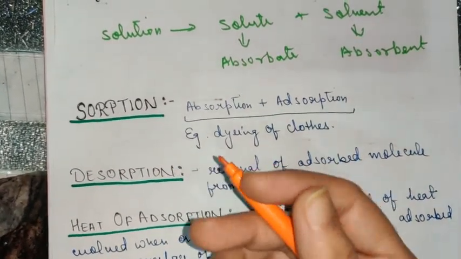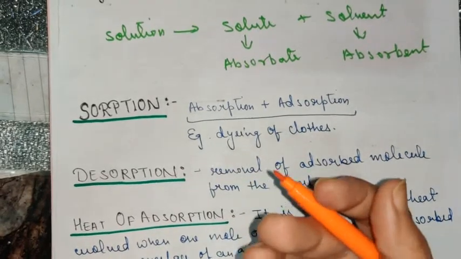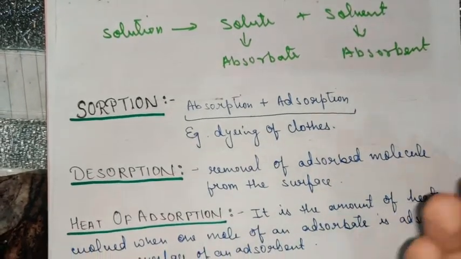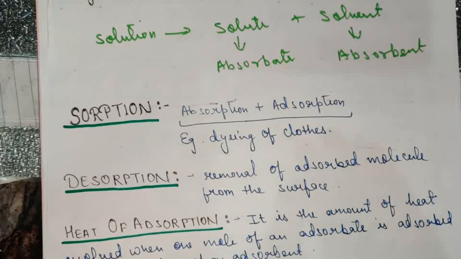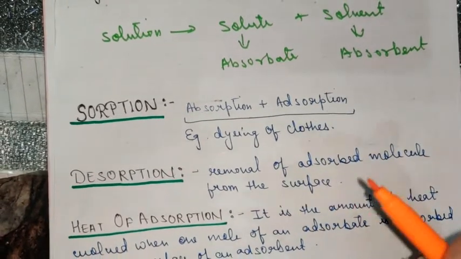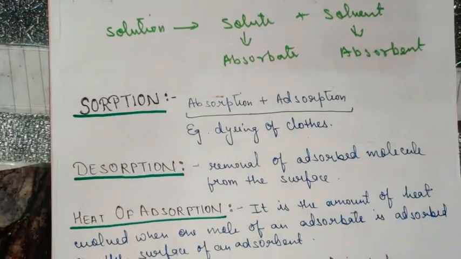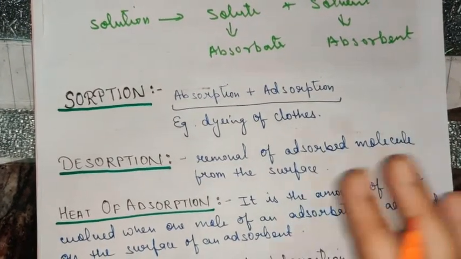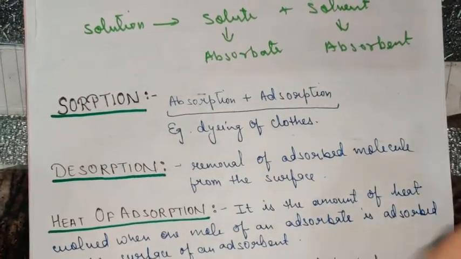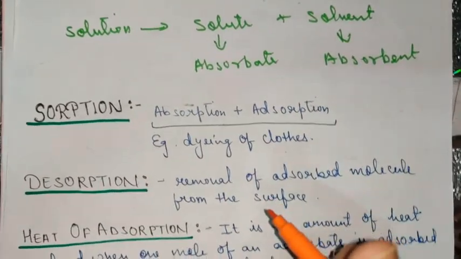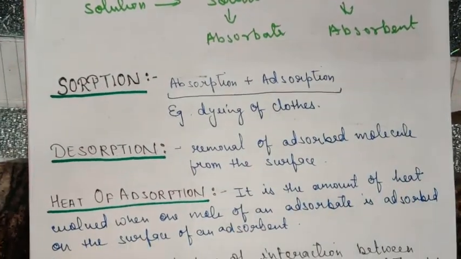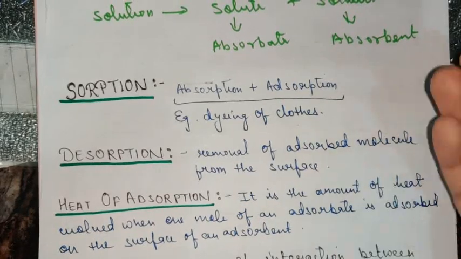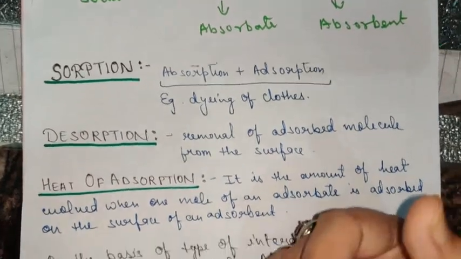Once you get up from the bench or the chair, it is desorption, and when you sit on the table or chair or the bench, it is adsorption. That is again a surface phenomenon. You don't penetrate yourself into the bench, you simply rest yourself on the surface of the bench or the chair. So I hope desorption is also clear. It is just the reverse of adsorption.